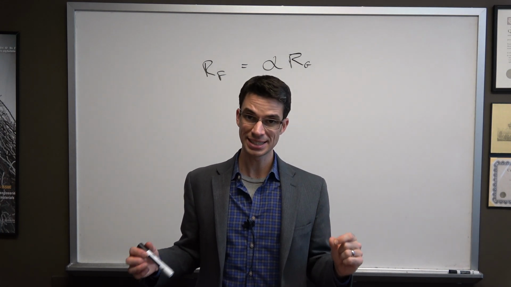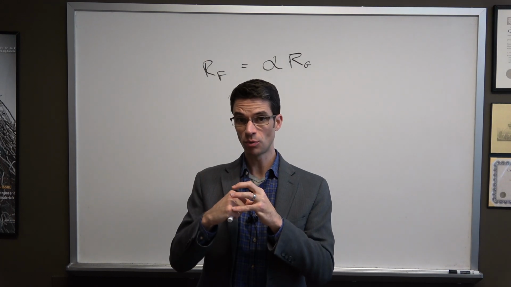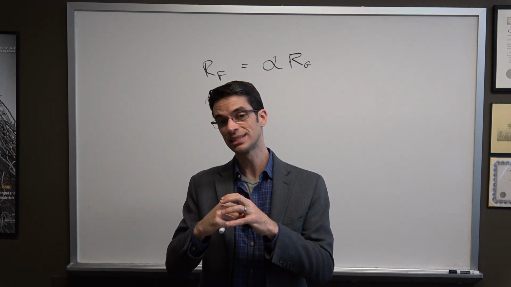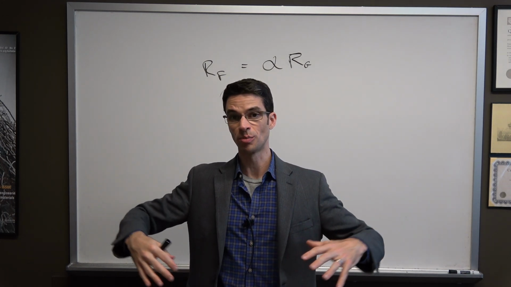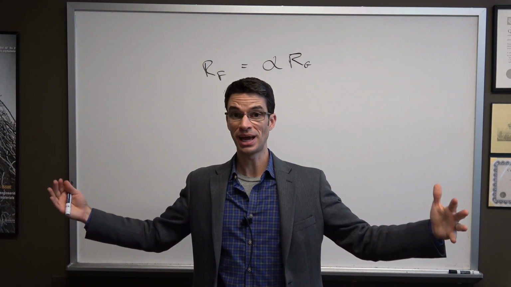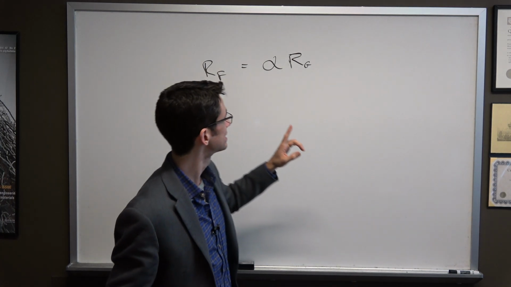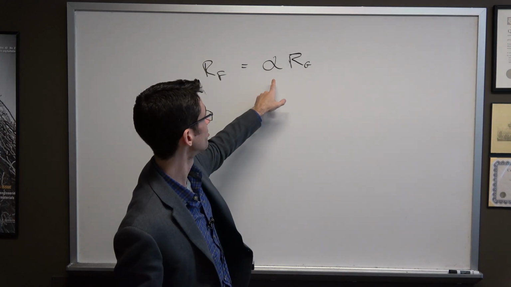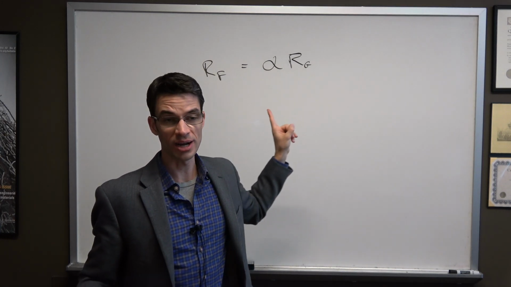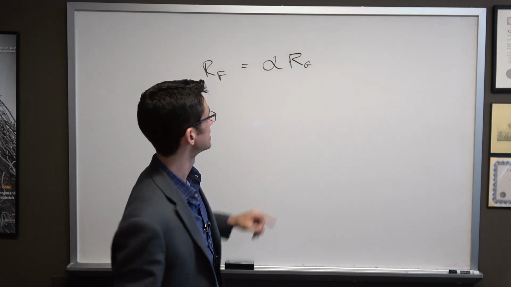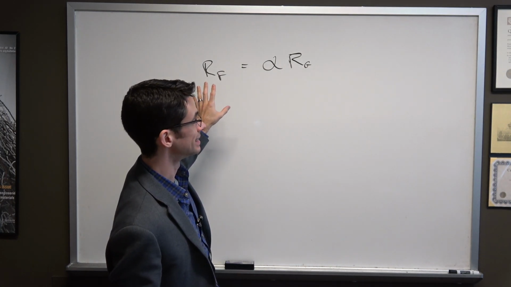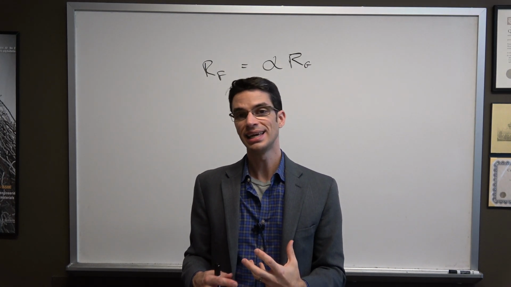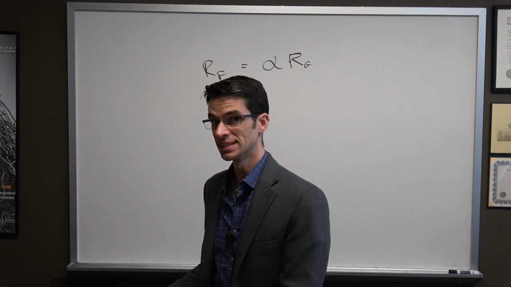So if it's in a bad solvent, alpha will be less than 1. If it's in a good solvent, alpha will be greater than 1 and the polymer chain will expand. So in the case where alpha equals 1 and RF equals Rg, that would be in a theta solvent,